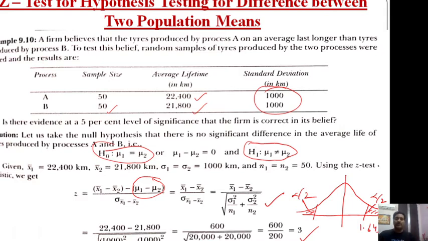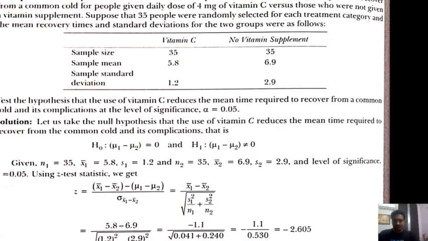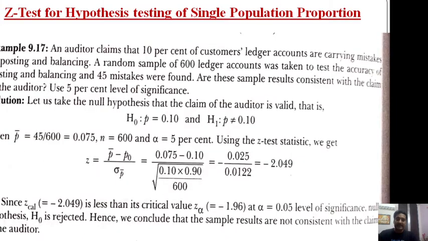So it is all about testing the difference between two population means. One more example I have given you here. You can check it easily, and again understand how we test the difference between two population means. I hope that you will do it on your own. Even if you have any problem and are not able to understand this example, you can ask on the WhatsApp group.